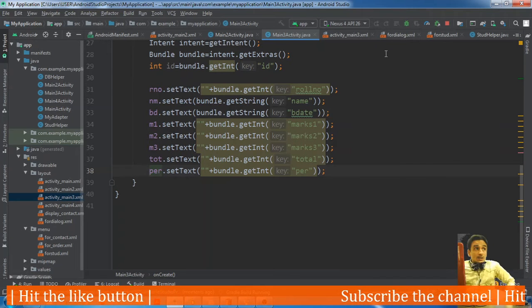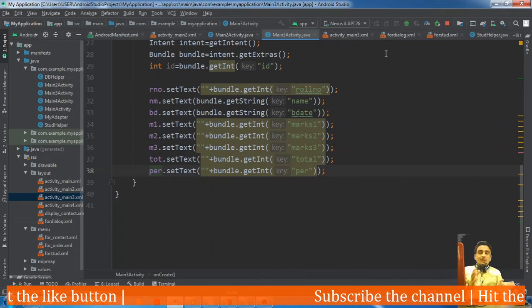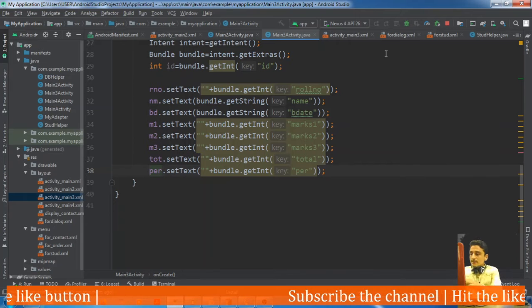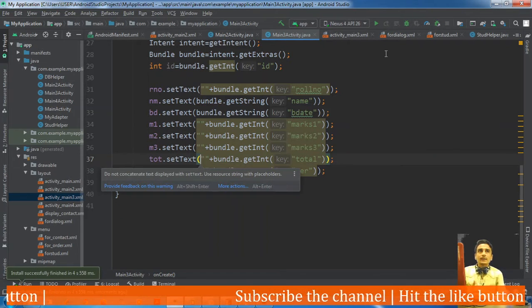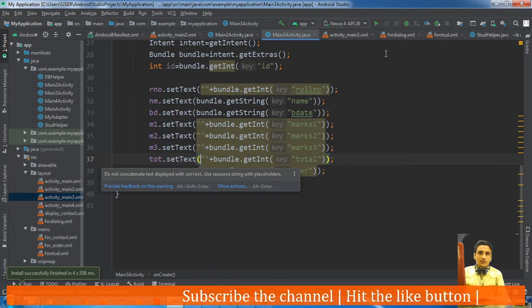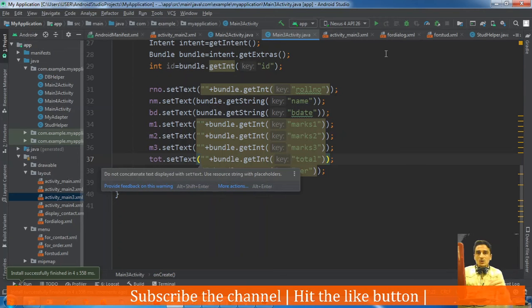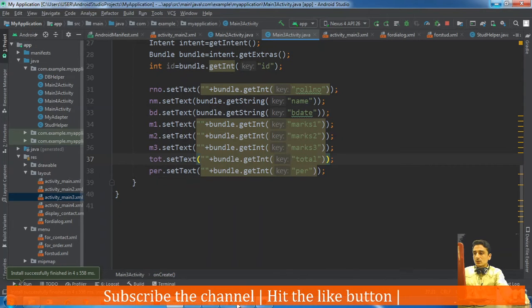As I told you, for searching we will use the same activity for displaying all the records, and for updation we will use this. As the record is shown, the client will be prompted to update the record.